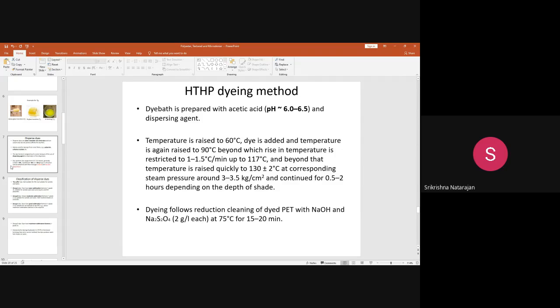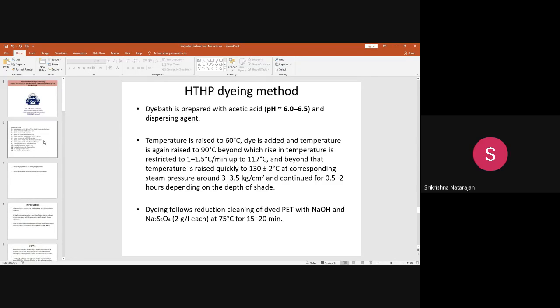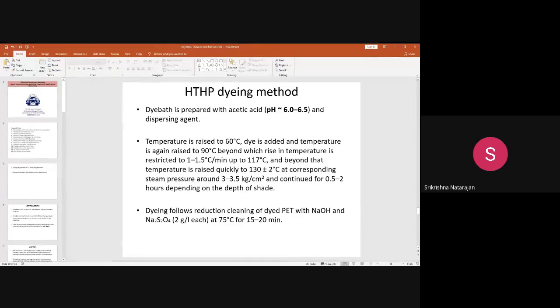Apart from that, these calculations you should know. What is meant by material to liquor ratio, what is the total volume of liquor, these things also you need to know. Okay, so that's all about the experiment on the dyeing of polyester with the HTHP dyeing machine. If possible, I will try to make a video of how practically these chemicals are taken and added in the beakers, and how the practical is performed in the IR dyeing machine. I will make a separate video in future.